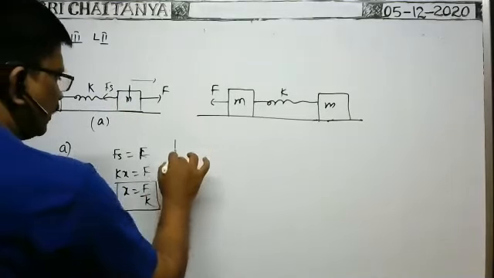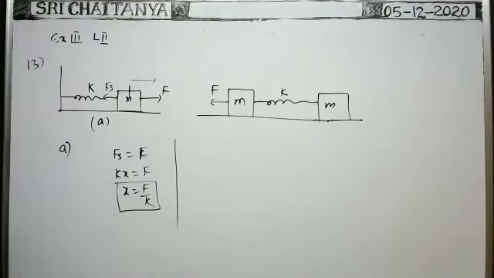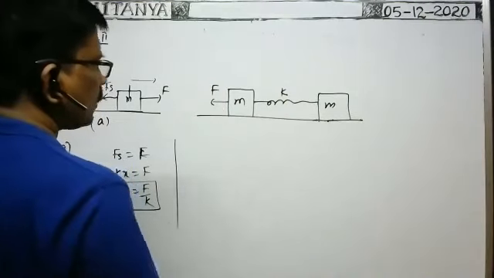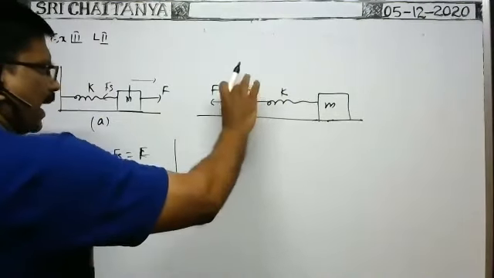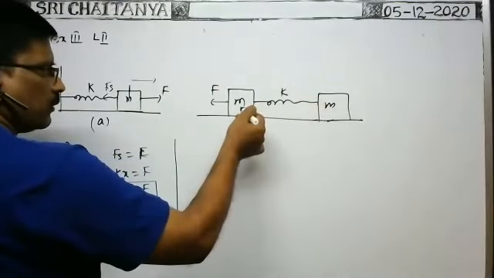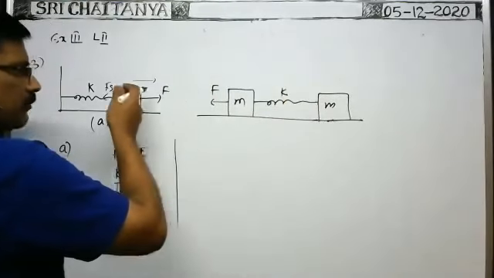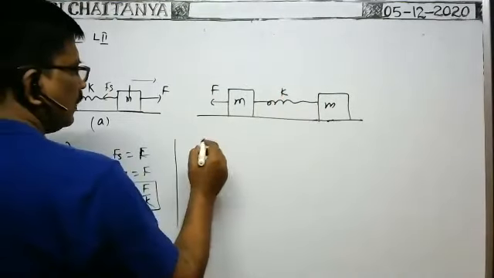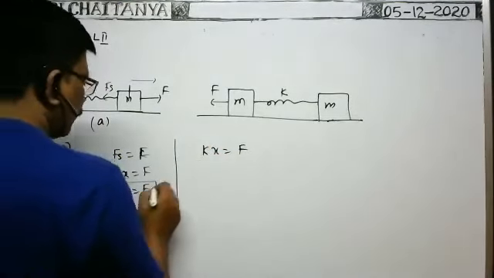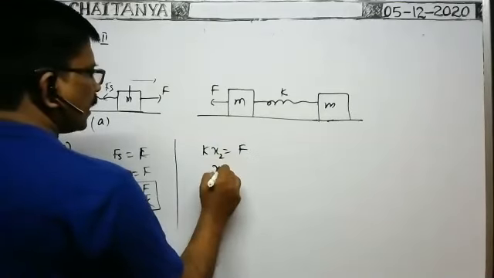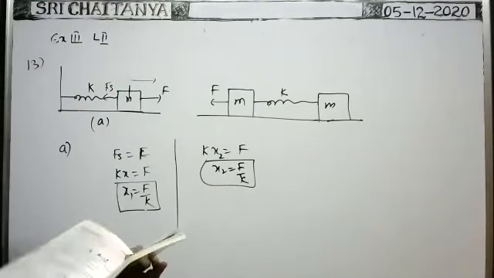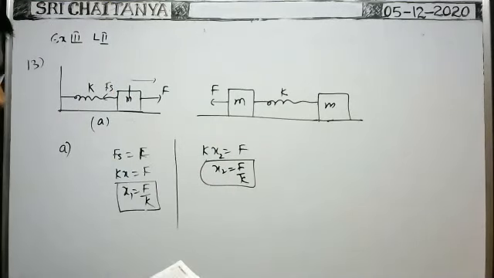But what is the maximum extension in this spring? Here also, on this spring the same force acts. Because of this applied force, whenever the block starts motion, this block also starts motion. But whenever these two blocks travel with common velocity, at that time maximum extension takes place. At that time, Kx is equal to the applied force. So here also, of course, it is case 1, it is case 2, x2 is also equal to F by K. That means both have the same extensions while oscillating.